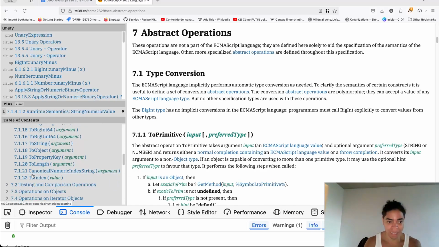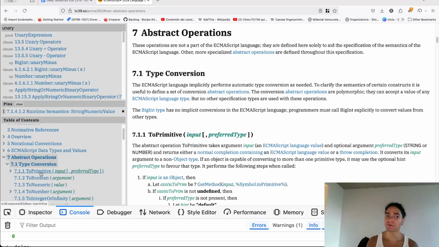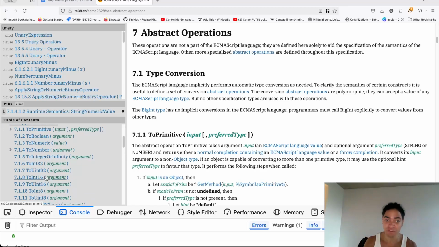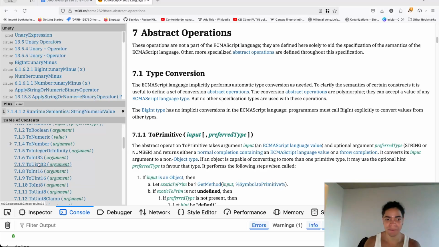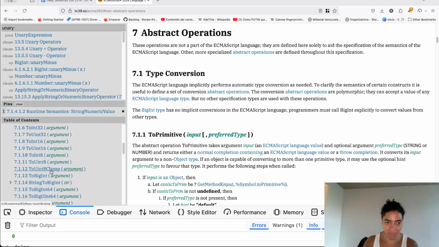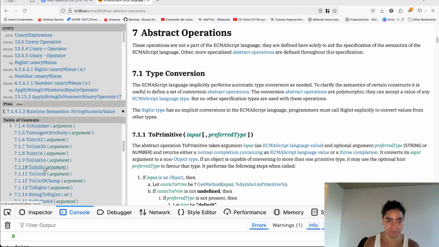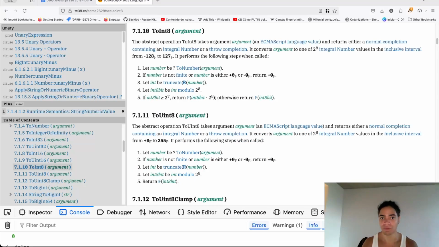There are a lot of abstract operations here, but the most relevant for us are ToPrimitive, ToNumber, ToString, and ToBoolean. Again, this is true because most of the time we are going to work with these types of values, and because of that, we really care about what's going on behind the scenes. We also have ToIntegerOrInfinity, the abstract operation ToInt, which is when you want to create now